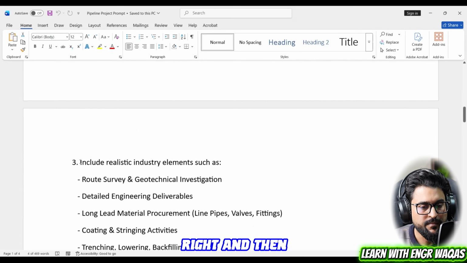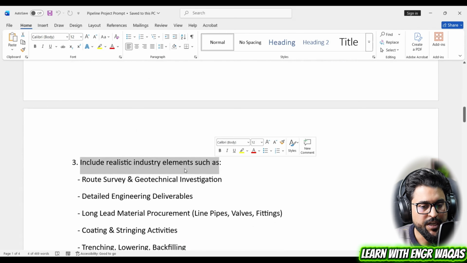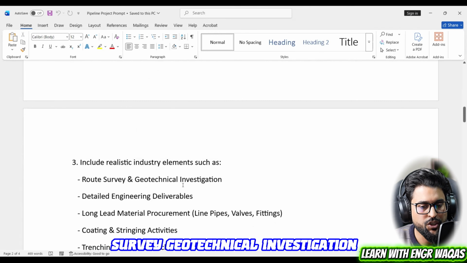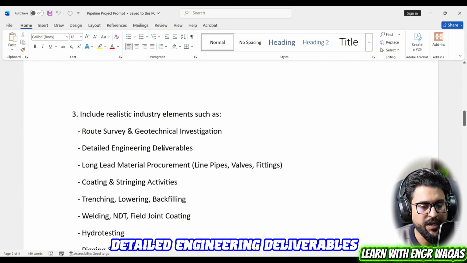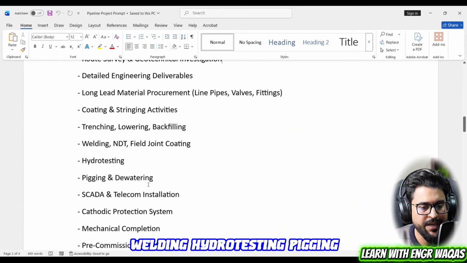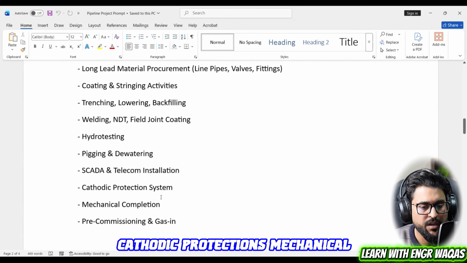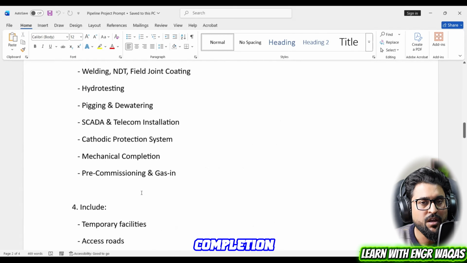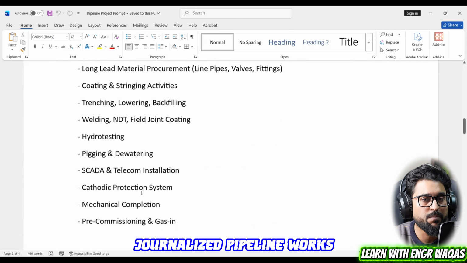And then there is a constraint: include realistic industry elements such as route survey, geotechnical investigation, detailed engineering deliverables, long lead material, coating, trenching, welding, hydro testing, pigging and dewatering, SCADA, cathodic protection, mechanical completion. So these are generalized pipeline work.